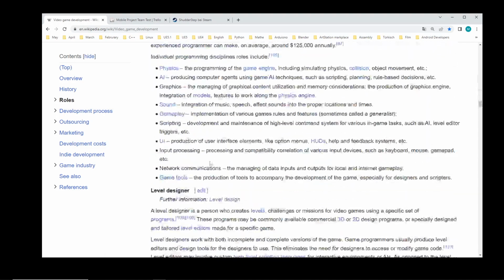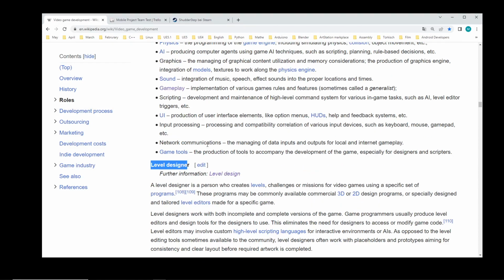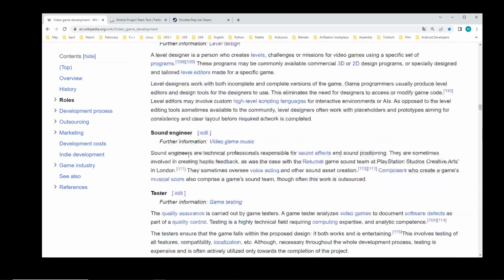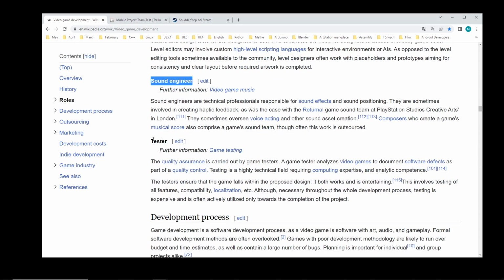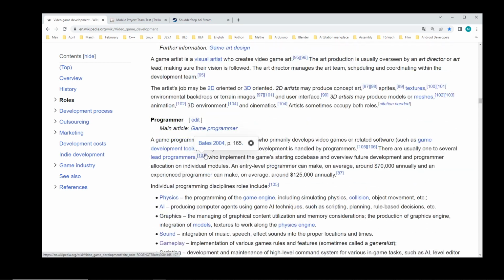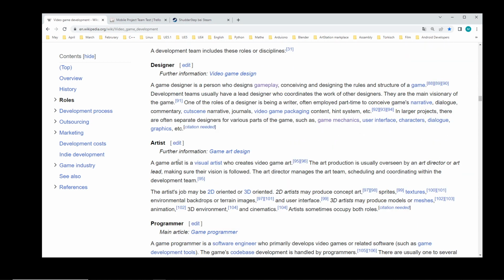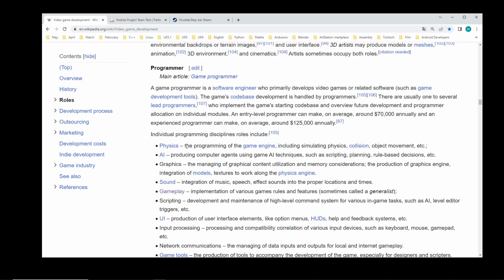That's a 3. And we have a person for level designing. That is a 4. And then we have a person for sound engineering. That's a 5. And then we have a person for tester. This are 6. And the bad thing comes now. All this part has also